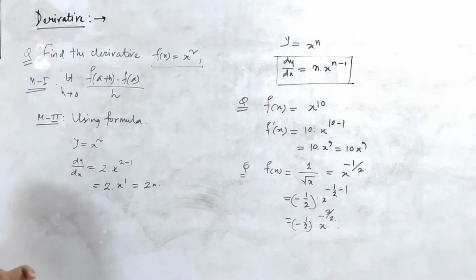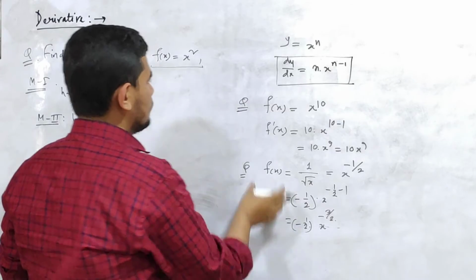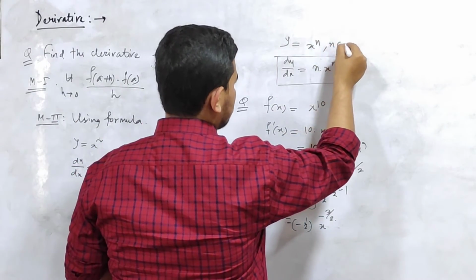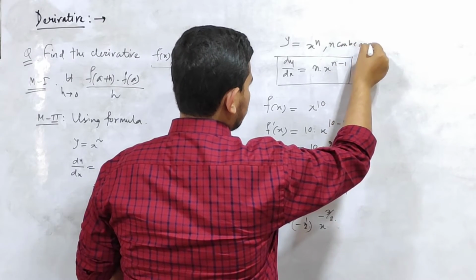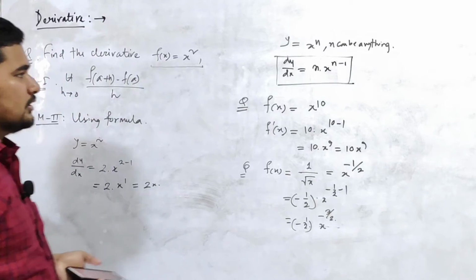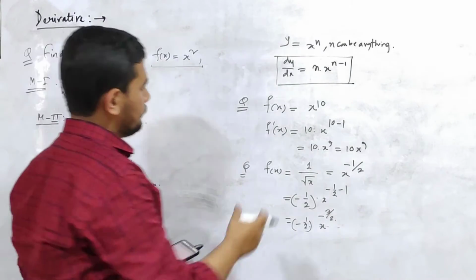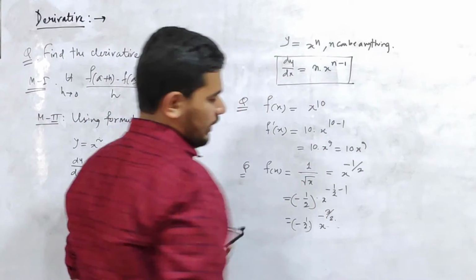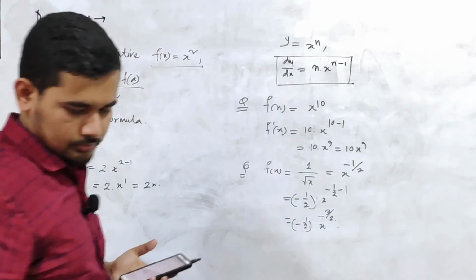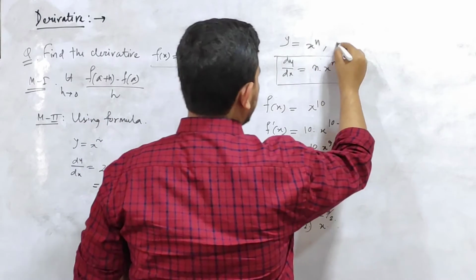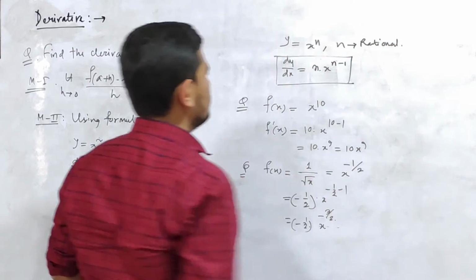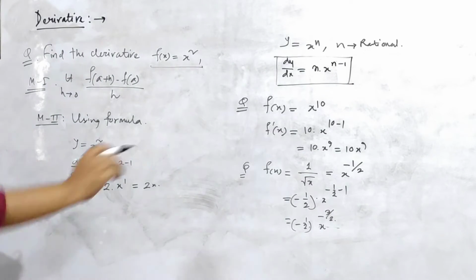So again I can find out the formula. Find out the value. So using this formula I can have this value, n can be anything. It has to be real, not complex, but you can have positive, negative, any value. n can be an integer, or n can be a rational number, which will be the proper word to use here.